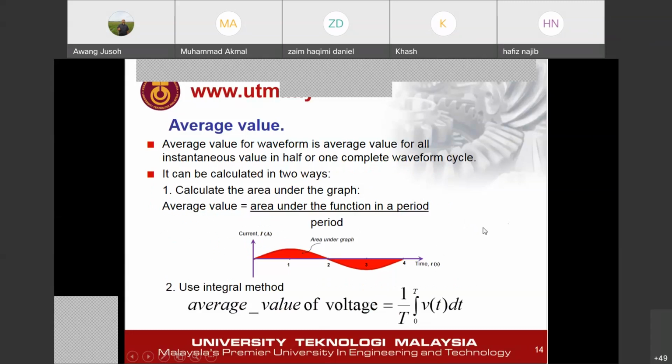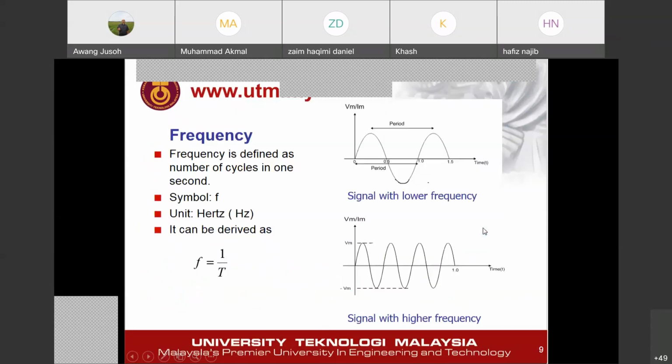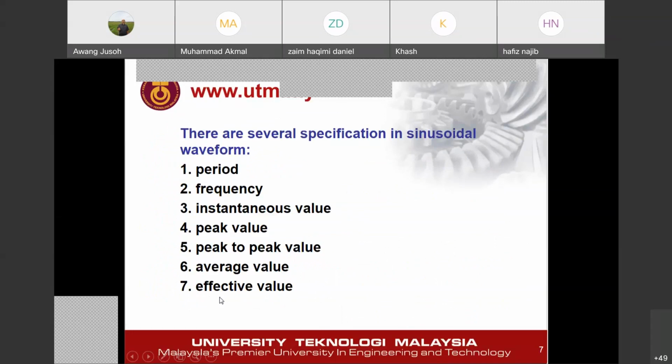Okay, the last one here. Another important parameter for the AC network, AC system, is the effective value, or sometimes you call it the RMS value, root mean square value, or sometimes they call it the effective value. Why is effective value important? Because it is very important in order to calculate AC power. Okay, DC power, you know, right? DC power is just VI only. V multiplied by I, we get power in DC. Or last time we did some examples, VI or I squared R or V squared over R. That gives the DC power consumed by the load, the R load.